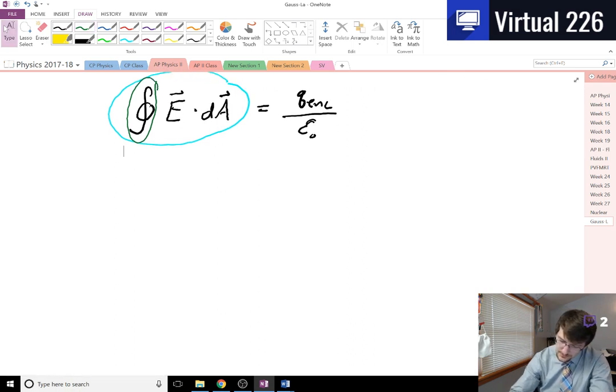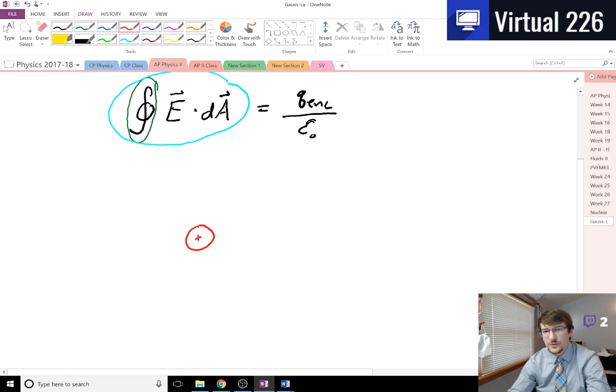Now, it's easiest to see in an example. So let's just take a spherical distribution of positive charges. Maybe take an insulator, rub it with some cat fur or something like that, and then boom, you've got charges there. Let's say it's positive for the sake of argument. If you had this positively charged item,